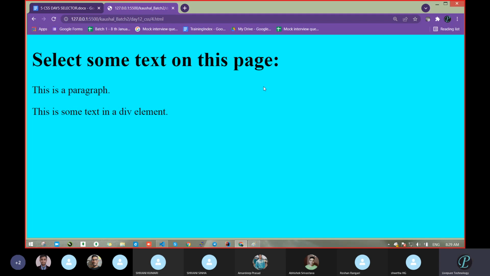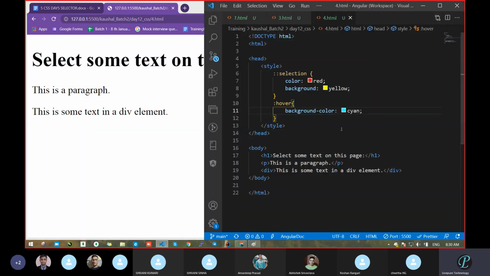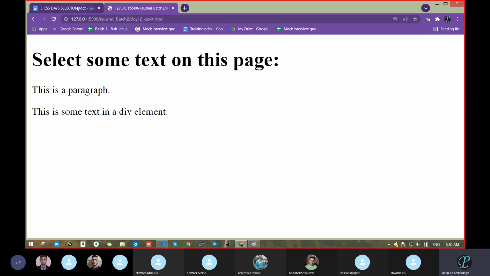See, as the cursor moves on the body, it came. Selection is there, so whatever things, it works on all. You can add this in a website also; when a person comes, it will change automatically.